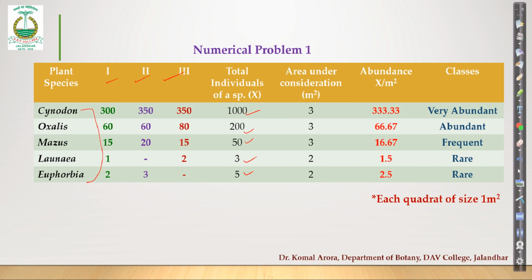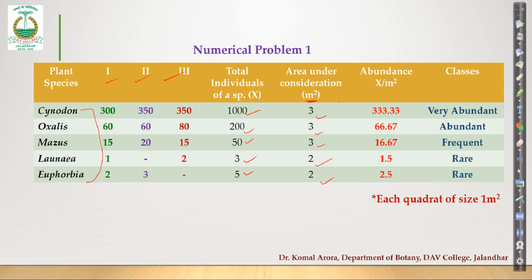Now here you have to specify the area under consideration, because we have to see in which quadrats the species was present, because only that much area should be used in the denominator. So here it is 3 meters square if 1 quadrat corresponds to 1 meter square. This is important. You have to mention it. Only then you can write here 3 meters square. Then this is in 2 quadrats, so 2 meters square. This again in 2 quadrats, so 2 meters square.